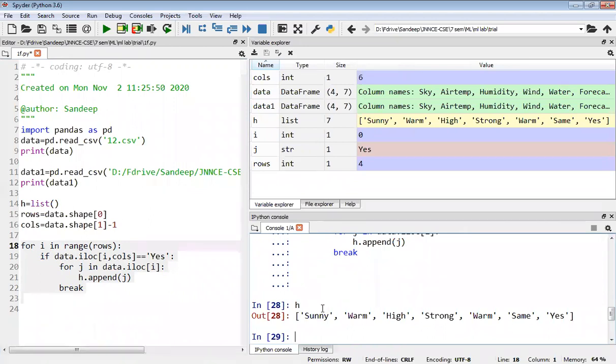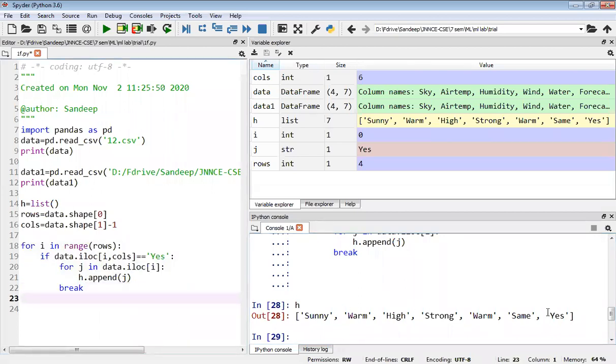After scanning the first example, I have initialized H to this new set of values. That is nothing but the first example, because this first example is yes, a positive case. That example is sunny, warm, high, strong, warm, and same. So our hypothesis has changed from null to this first value at the end of this for loop.